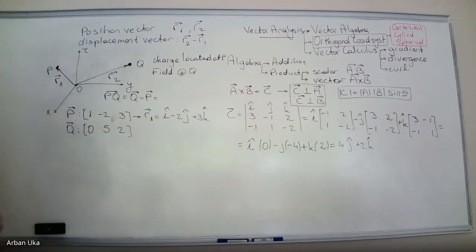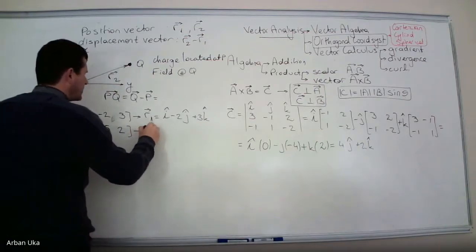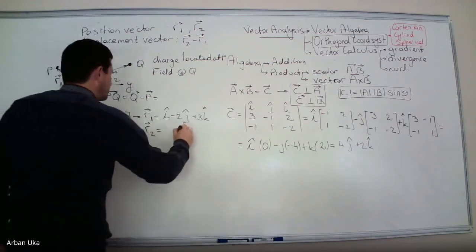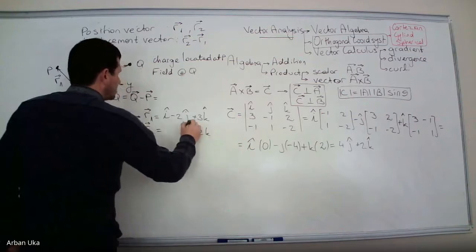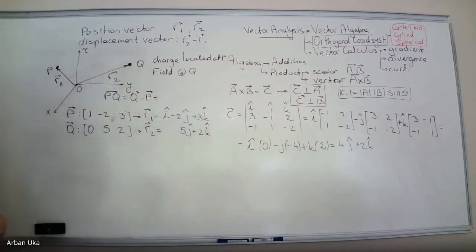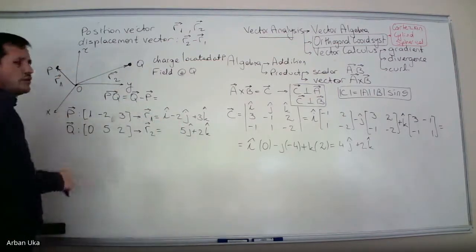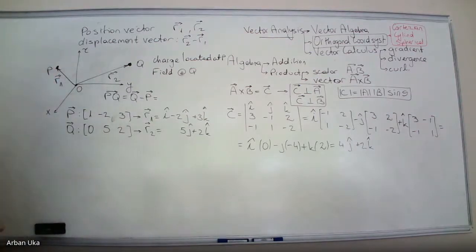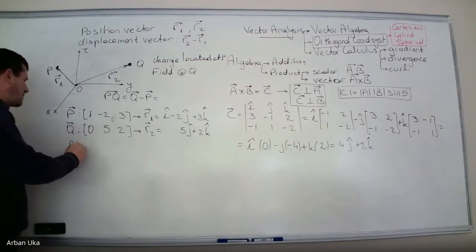Okay, this is where point Q is, and the position of this point Q can be written as R2. This is equal to 5j plus 2k. Okay, and this is just a triplet of numbers which correctly defines these points with respect to the origin. Okay, then we need to find the displacement vector or the vector PQ,